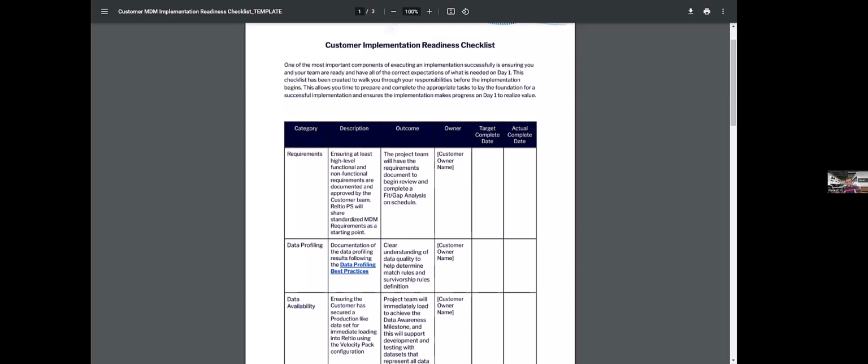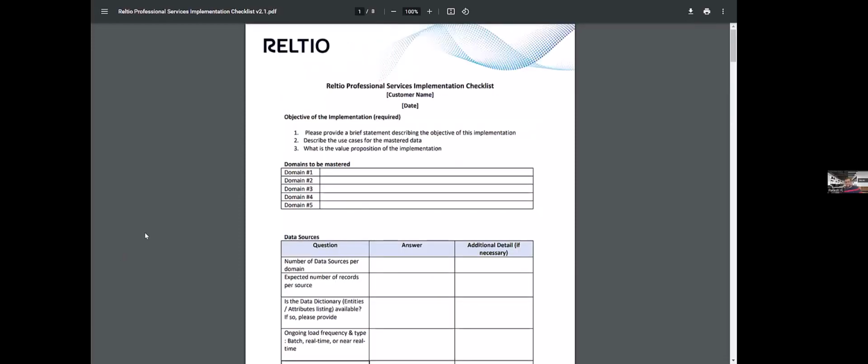Now, what we look at in the requirements is basically the functional and non-functional requirements. We do have two templates. One is the detailed checklist of the requirements, and the second is the user stories that we usually recommend all the customers and partners to cover when we talk about the requirements. So Stanley, if you can bring up the requirements checklist, we can probably do a deep dive on each of those.